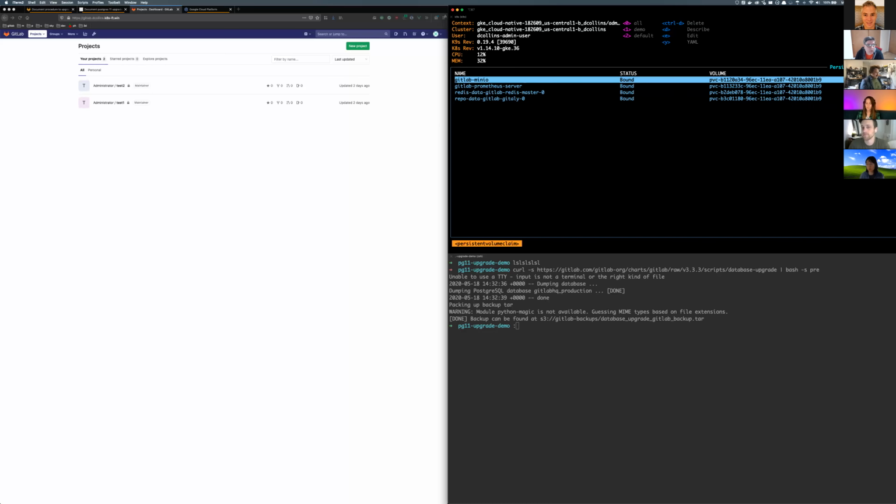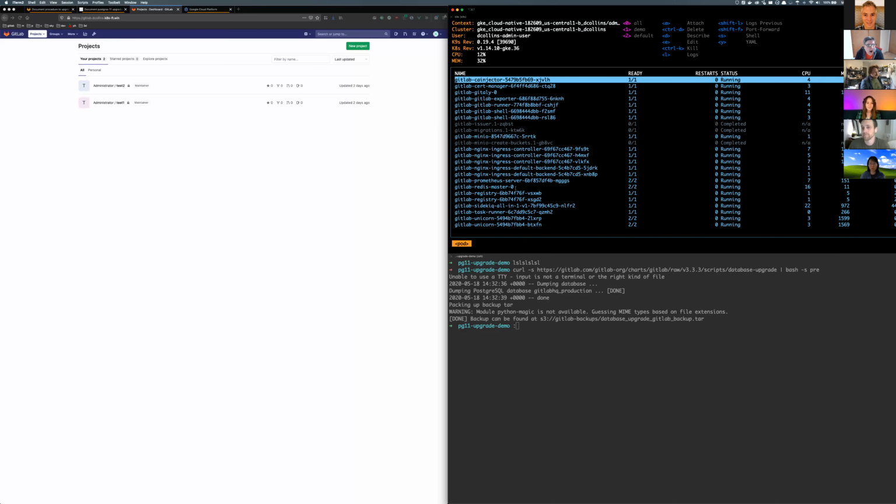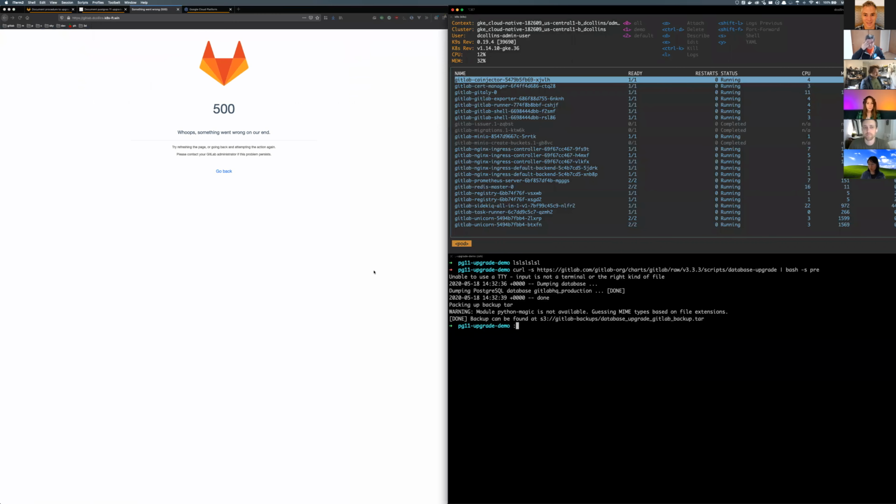All right, so now if we go back and look at the pods in the chart, there is no Postgres here. You can see on the left, if I try to refresh the page, not going so good. So there is some downtime here when upgrading Postgres. So now that we have a backup, now that the old Postgres is gone, we're going to update